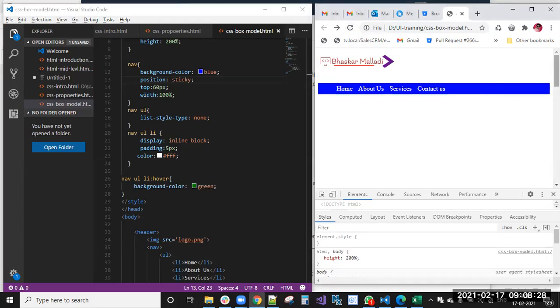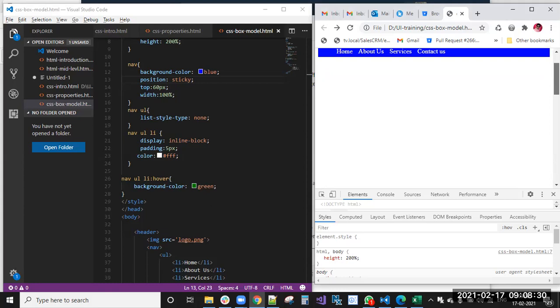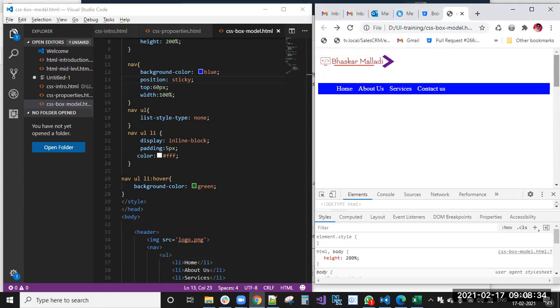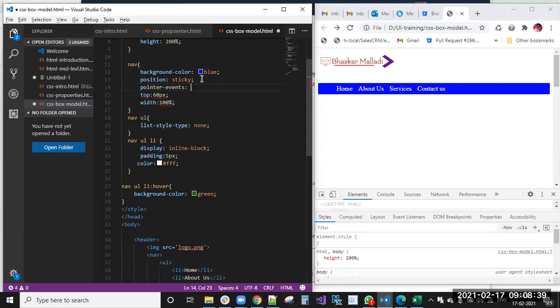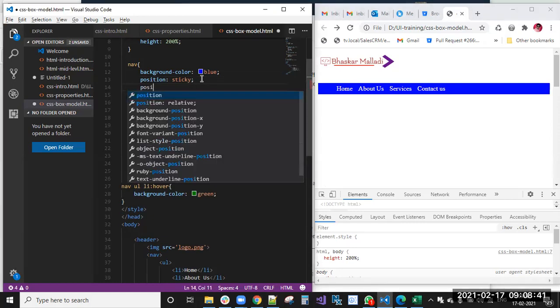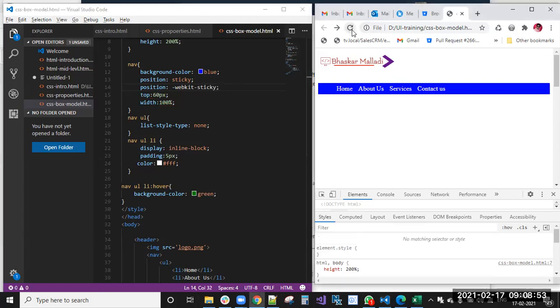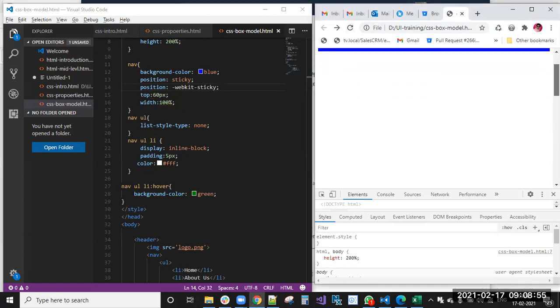Now you can see, scroll, right? Position sticky, sorry, position hyphen webkit sticky. Today also it is not applied, right? We will see now why it is not applied.